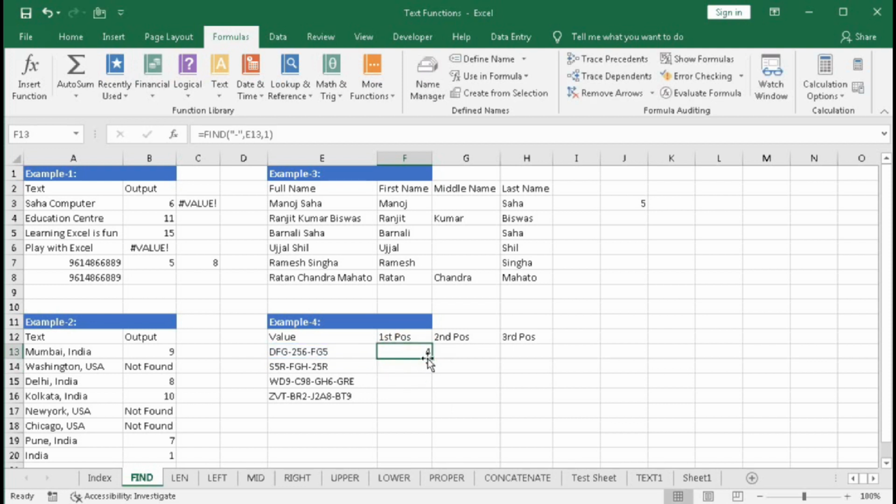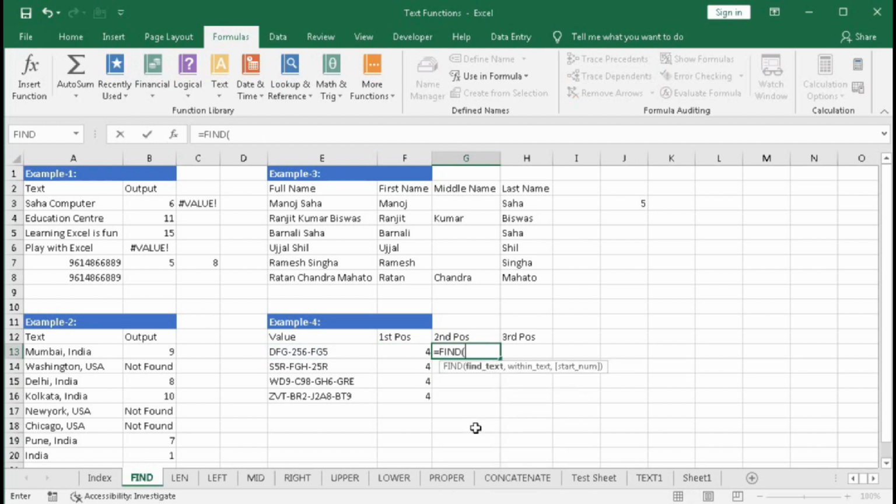So we got the first position of dash. So all are 4. Now the second position. So equal to FIND dash, comma, within text this cell, comma, starting number. So here starting number should be after 4, that is from 5.